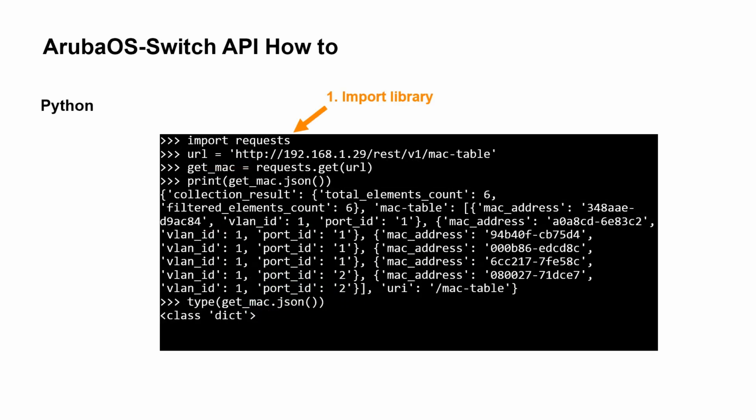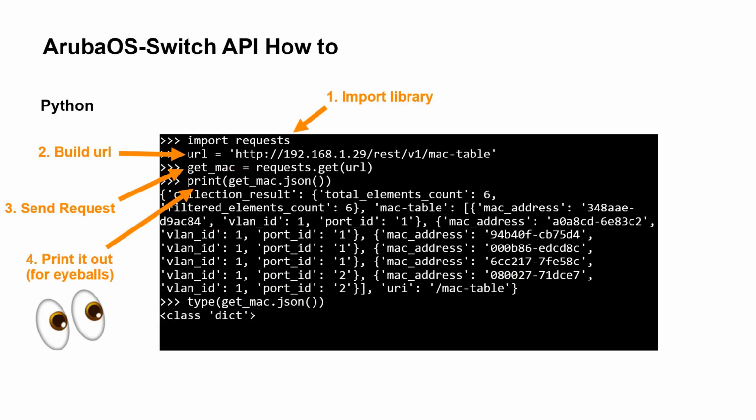You import the library, you build your URL, you send a request. What you've got to remember is that I'm just printing this out for demonstration purposes, for my presentation. I wanted to show people something up on the screen. If you were doing network automation to a high level, you wouldn't be printing this stuff to the screen. You would be parsing this information. You would be passing it off to maybe some kind of GUI for it to be presented, or maybe you'd be running some kind of checks, some ifs, some booleans over the top of this to find out whether this information was meeting certain criteria, and then you would automate and run tasks off of this.